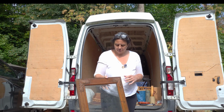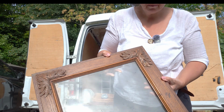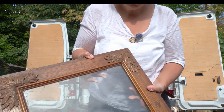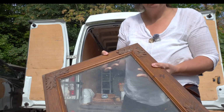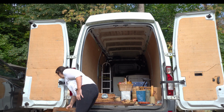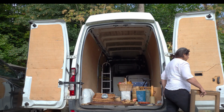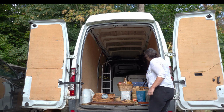So this is an oak picture frame. I just bought it for the frame. It's got lovely decoration there, and some really nice old glass, but I'm just having that for the frame really. So I'll leave that down there. I probably won't leave that down there. I'll put it over here so the glass doesn't fall out. That's it. And then